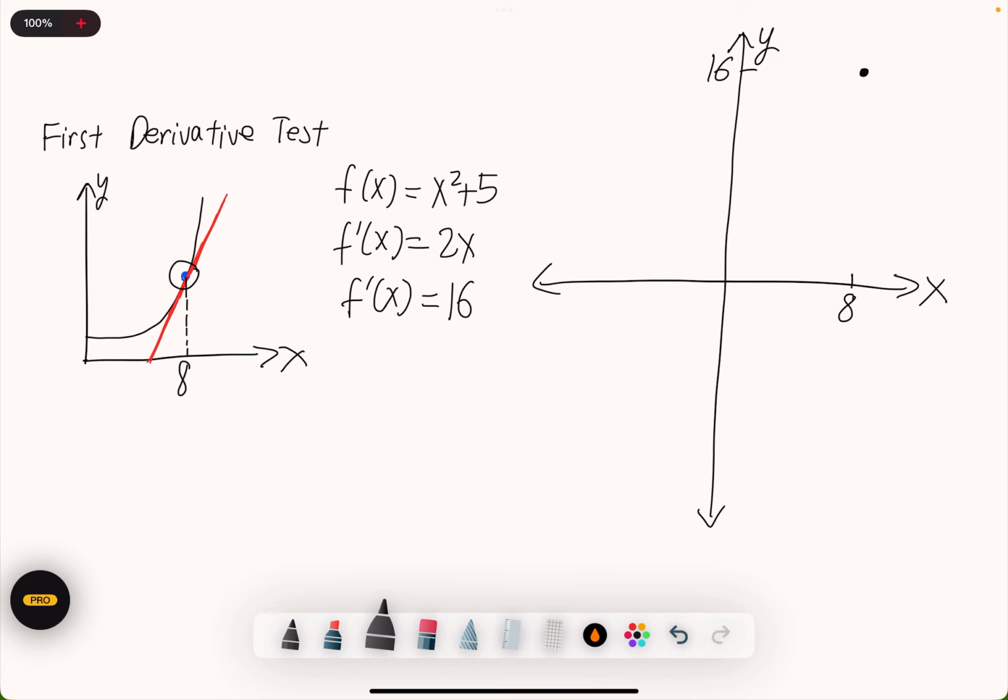That's not that accurate, but whatever. And then say we know that the derivative of f of 0 would be 2 times 0, which is 0. The derivative of f of 4 would be 8. And the derivative of negative 4 would be negative 8,